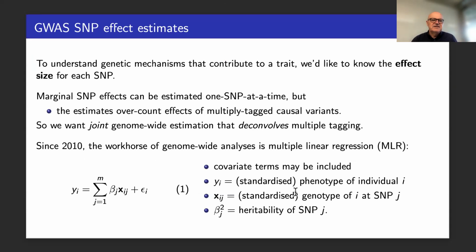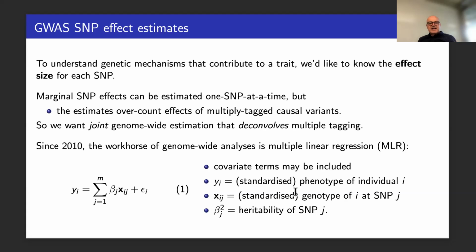In any case, let me just tell you the general context. We want to have genome-wide models for phenotypes of interest based just on genome-wide SNPs. Initially, when GWAS came along, we were thinking about one SNP at a time, testing and estimates, but in terms of estimating effect sizes, that's kind of unsatisfactory because of all the complications of multiple tagging of the same effect. And so when we're trying to have a single genome-wide model,